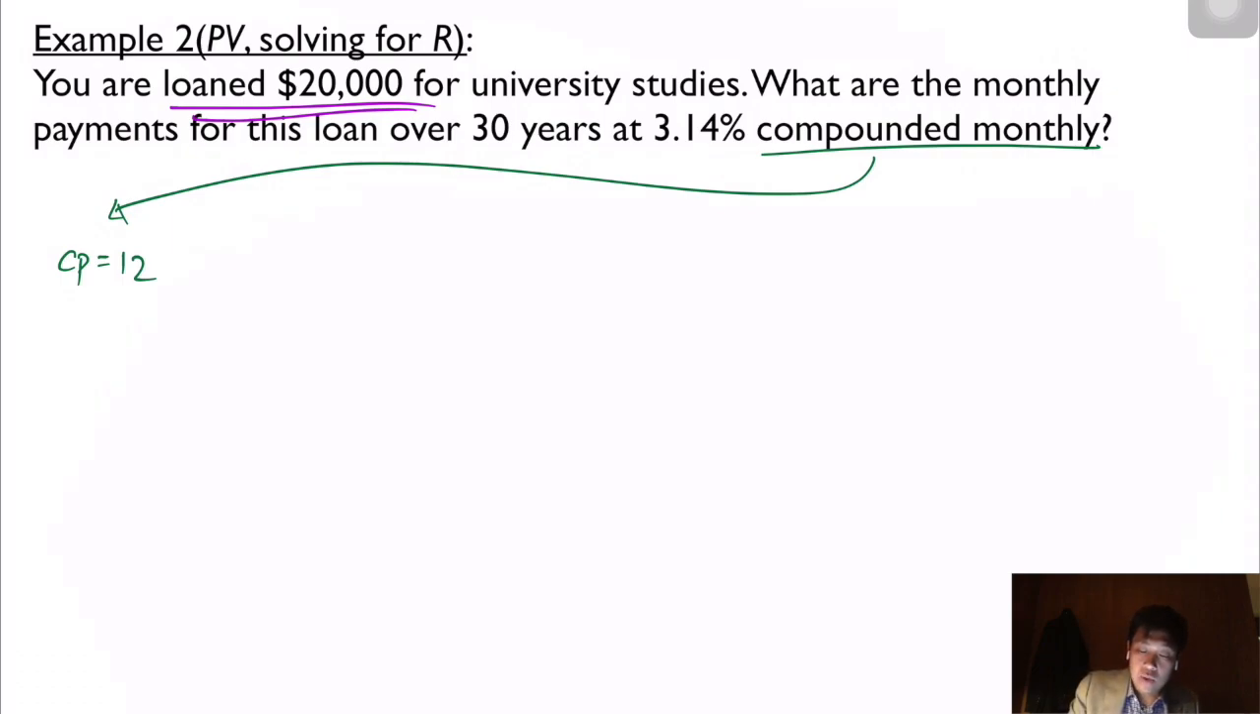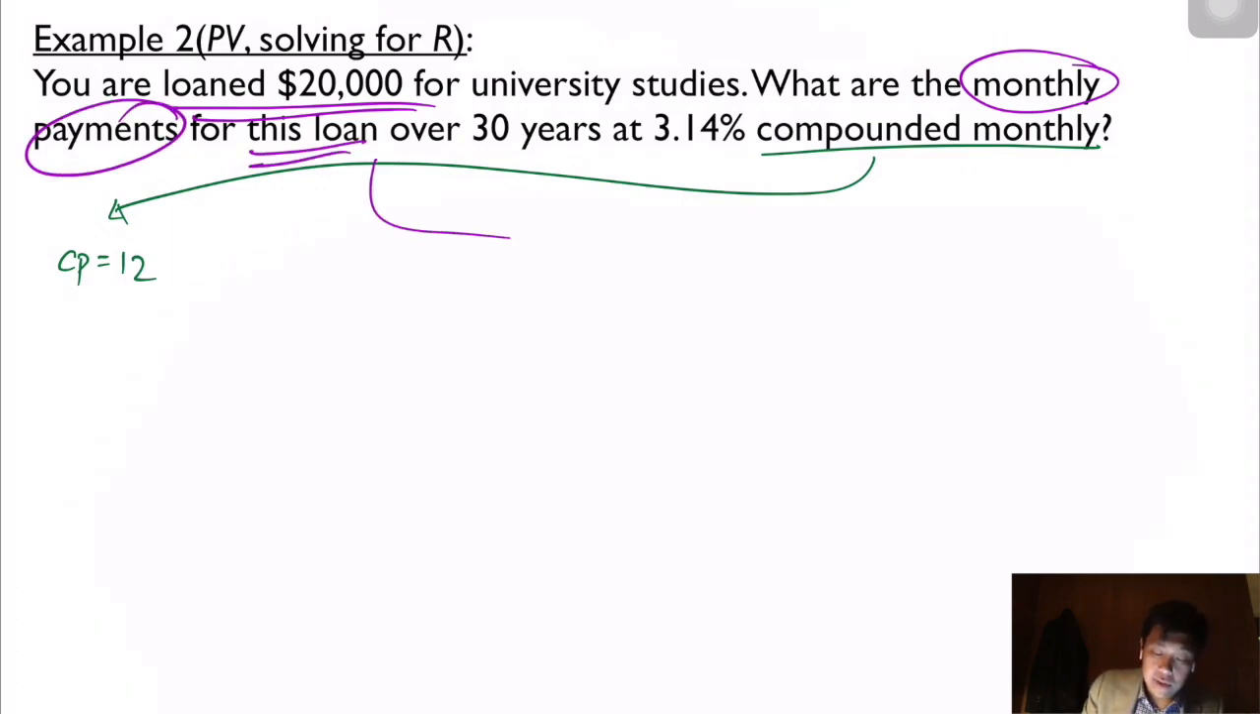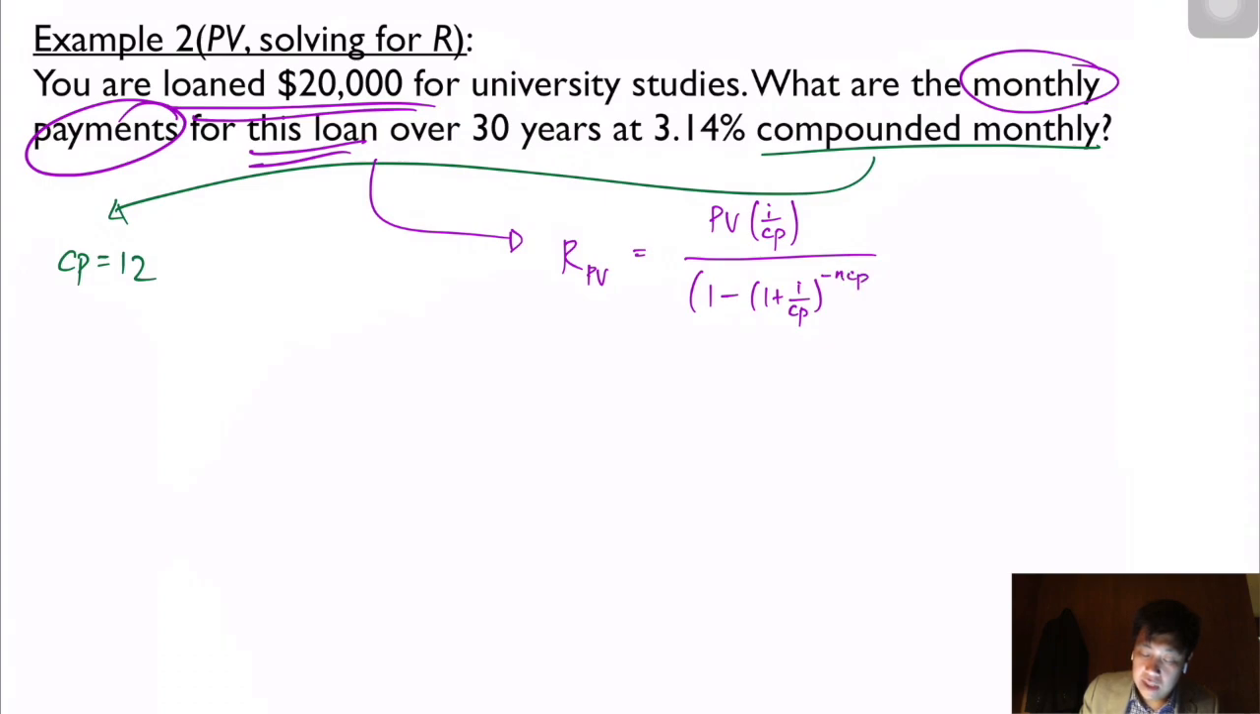So here you can see it says, what are the monthly payments? Monthly payments for this loan. So therefore, you know the formula you'll be using is the present value annuity solving for the recurring or reoccurring payments: 1 minus 1 plus I over CP, to the negative N times CP. And that's, of course, the other thing to be cautious about, that this formula has a negative exponent